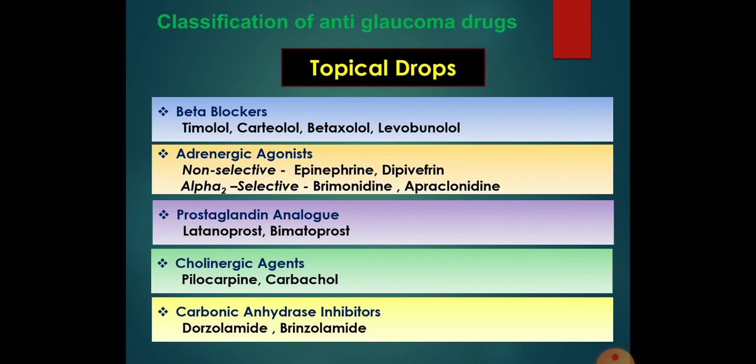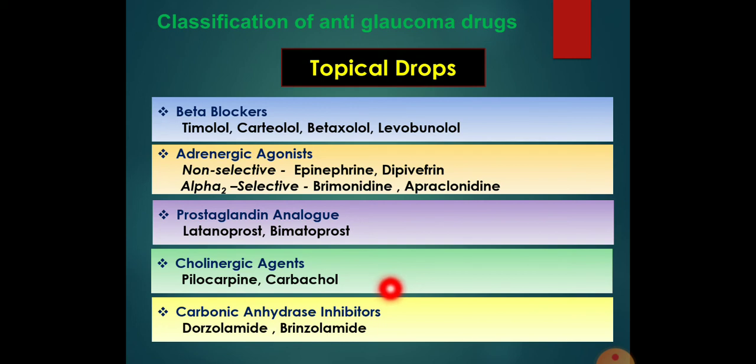The carbonic anhydrase inhibitors, as I have shown in the physiology, there is a part where carbonic anhydrase is playing its role and H2CO3 is converted to H plus and HCO3 minus. The oral treatment with acetazolamide or dorzolamide from the same group, they are reducing aqueous formation. So their role is to decrease aqueous formation. They have no role in increasing trabecular outflow or uveoscleral outflow. They are only decreasing aqueous formation. It is used to supplement ocular hypotensive drugs.